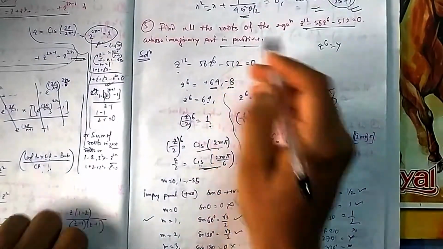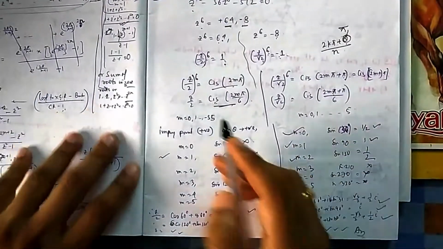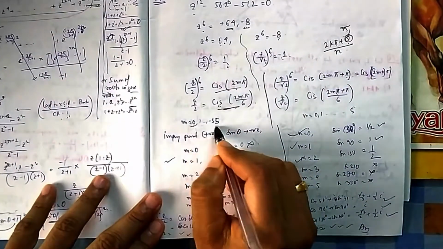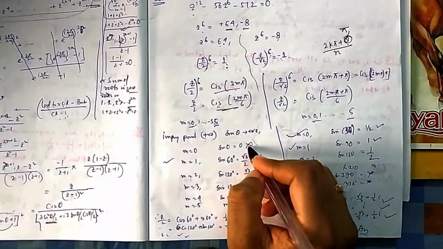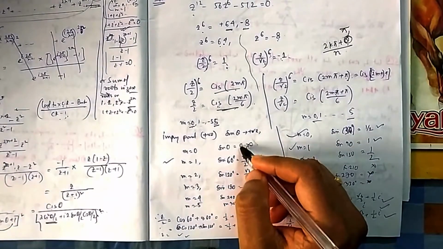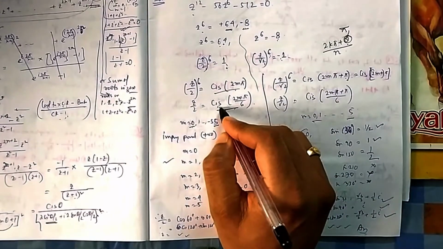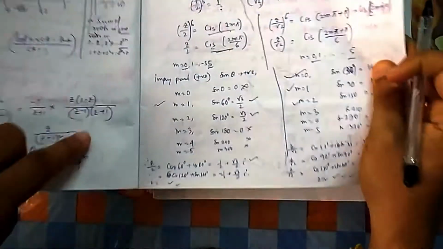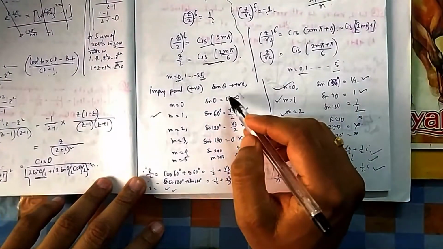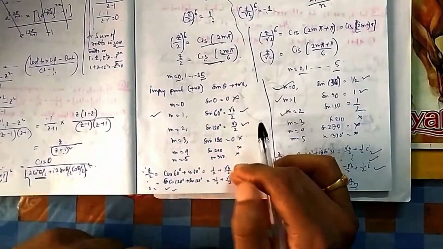Okay, now you have to check whose imaginary part is positive. So let me check. Here m will count from 0 to 5, here also 0 to 5. If you put 0, you first got this one. I need only the sin theta part, because only the imaginary part is required to be positive. In cis theta you have cos and sin. Cos is real, sin is the imaginary part. So let me take whose sin is positive.